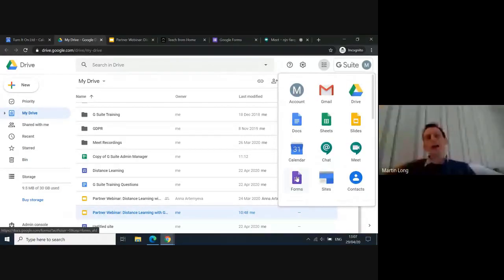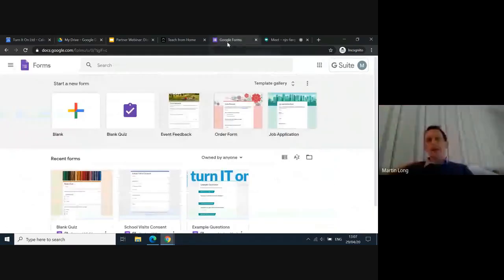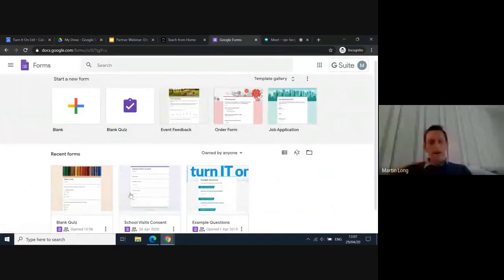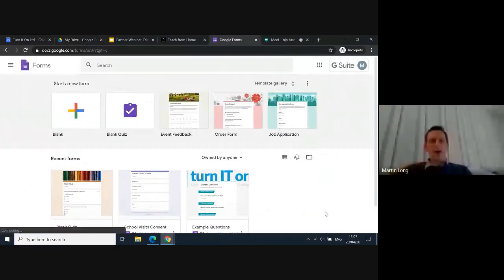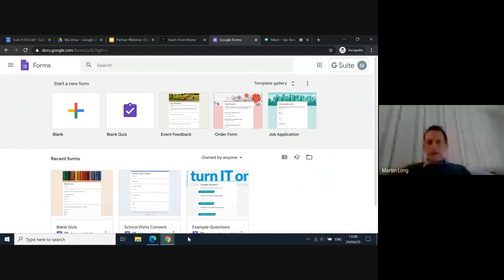So if you click Forms, it'll open up another tab in your web browser and you'll be able to get to Google Forms, and you will see something that looks a little bit like that, but you won't see the information along the bottom because they're forms that I've created. But you'll probably see plus and a blank, and you'll see a template option. So if I just pop back to the presentation